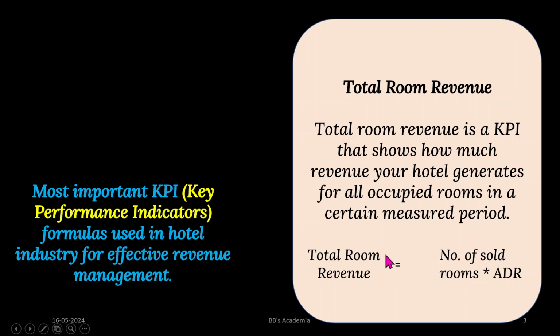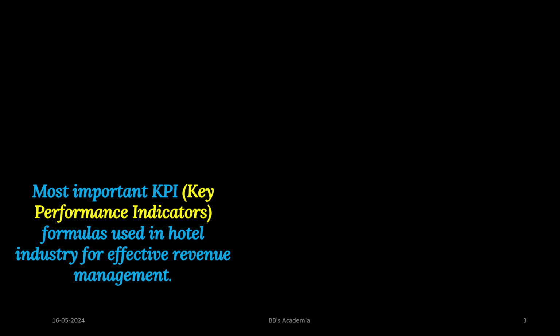Once you get that, then you get the total room revenue. So earlier, how to calculate the ADR, and now how to calculate the total room revenue. That means number of sold rooms multiplied by average daily rate. Then you'll get your total room revenue. Got it? Next one,